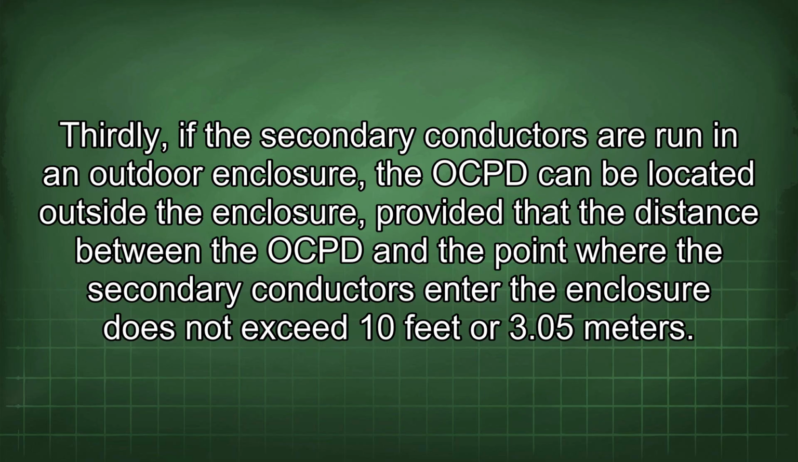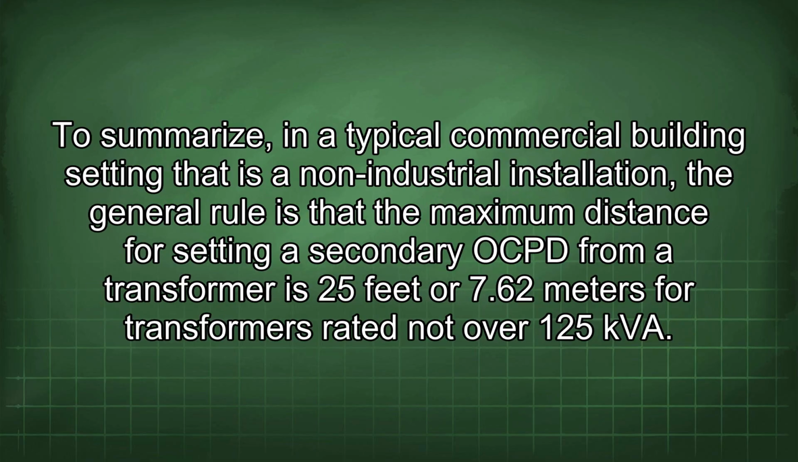Thirdly, if the secondary conductors are run in an outdoor enclosure, the OCPD can be located outside the enclosure, provided that the distance between the OCPD and the point where the secondary conductors enter the enclosure does not exceed 10 feet or 3.5 meters. To summarize, in a typical commercial building setting that is a non-industrial installation, the general rule